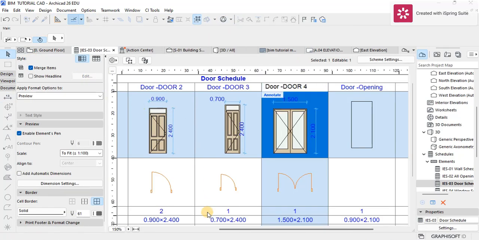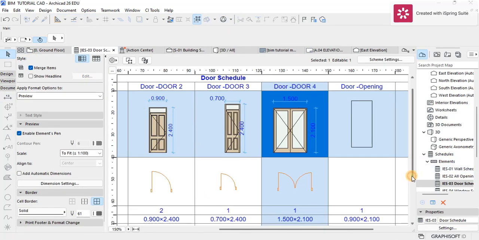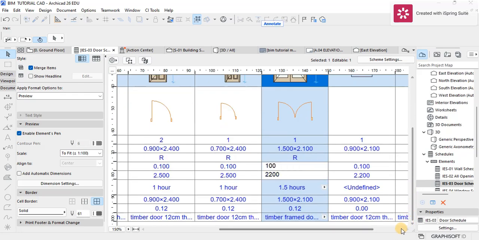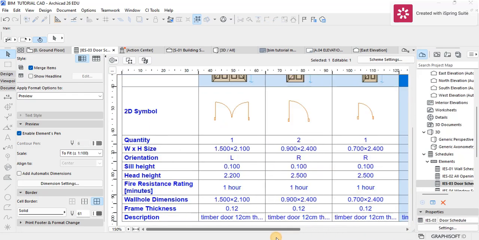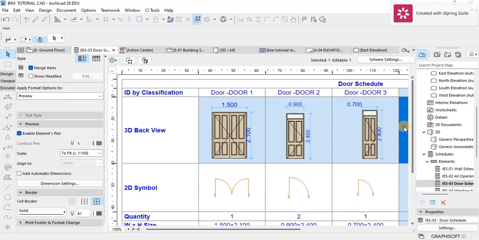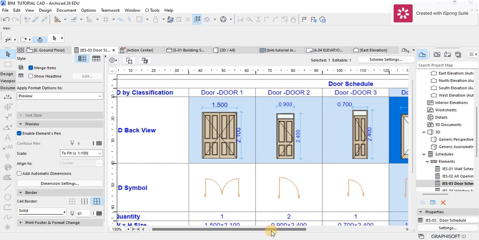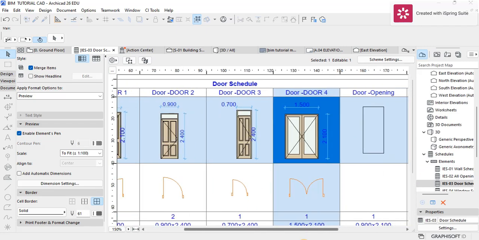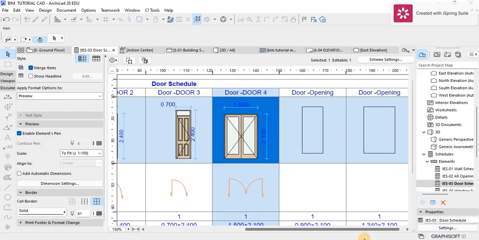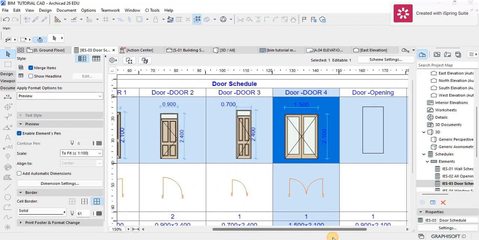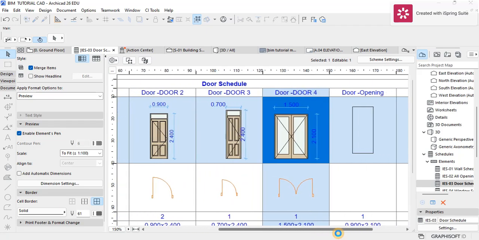Okay. Yeah, now I can actually say we have made a substantial door schedule that has some of the main things that we need in a door schedule. So this is actually what we need. And there's another trick I want to show you about the door schedule because it might be necessary if you have a bigger project. For example, if I only want to see the doors for my ground floor and not the whole thing,